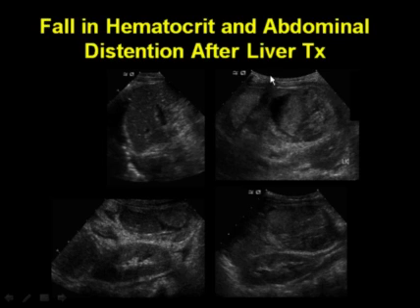And here on the left side as well, a very large, abnormal, heterogeneous collection of blood, as it turned out. And here's a sagittal view of that left kidney again, with a large fluid collection anterior to it. And this turned out to be an arterial leak at the level of the hepatic artery anastomosis.